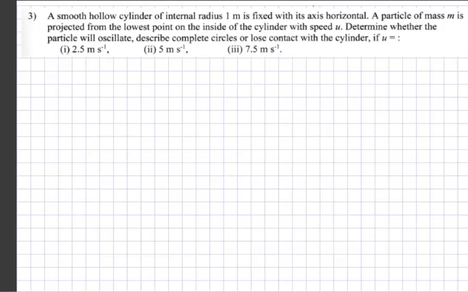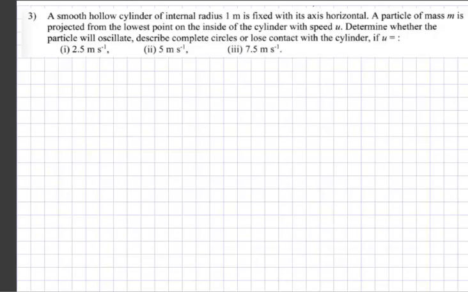A particle of mass m is projected from the lowest point on the inside of the cylinder with speed u. And we're going to look at a scenario where, is it oscillating, is it going to do the full loop-the-loop, or is it going to not quite manage that? It's going to go above the horizontal point, but it never gets the full cycle around the top